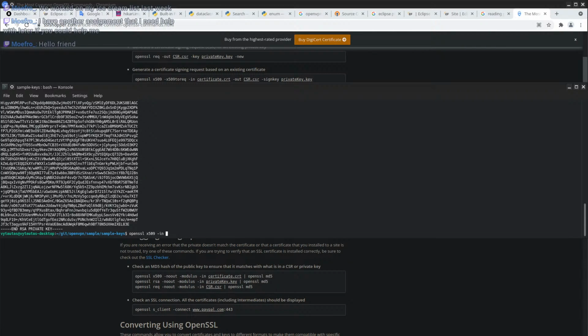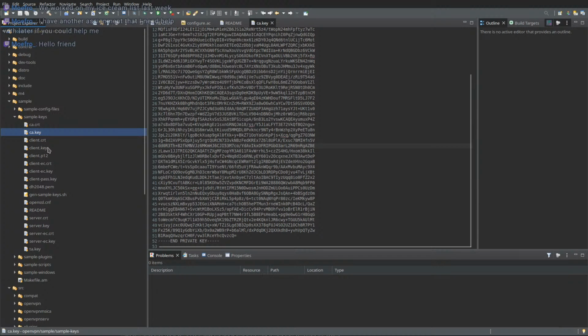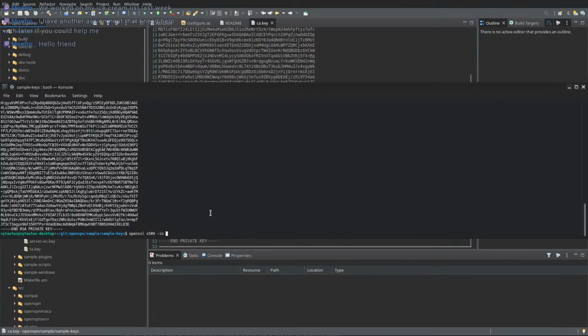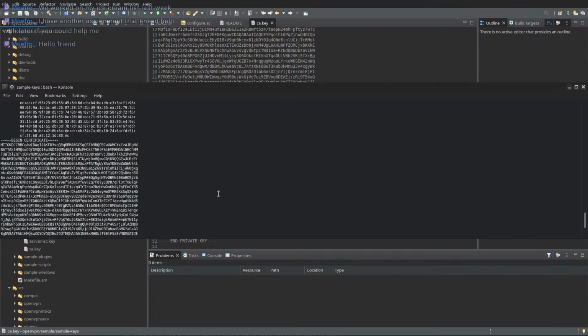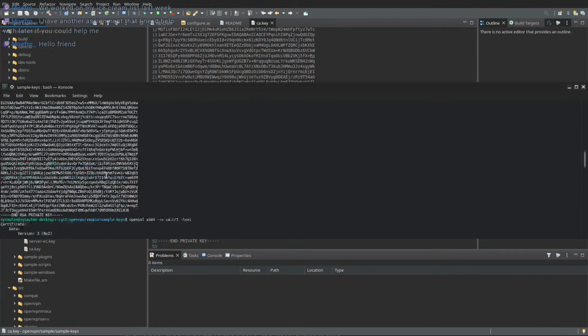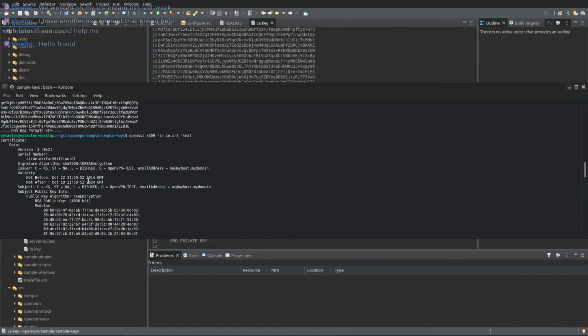Okay, let's look at the certificates. What do we have? Client CA CRT. Okay, let's look at that. Like I shouldn't have deleted... don't remember what it was. Okay, text. It just prints out the... oh no, actually, okay. So this is the information you actually need to provide. Well, not this exactly. Signature algorithm, what kind of certificate you want.